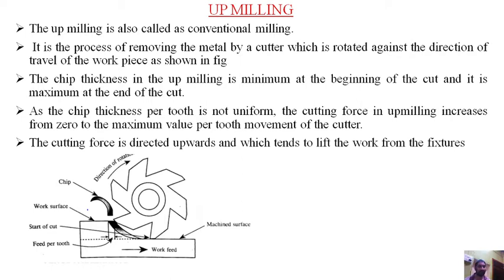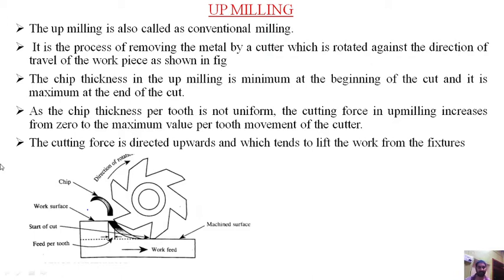So what is up milling here? Up milling is a process of milling operation. It is also called conventional milling. It is the process of removing the metal by the cutter. Usually the metal is removed by means of a cutter in the case of a milling machine. So up milling consists of the process of removing the metal by the cutter, in which the cutter is rotated against the direction of the travel of the